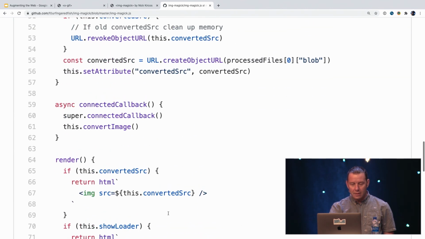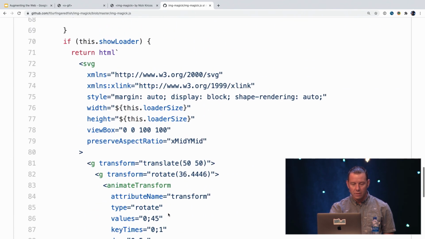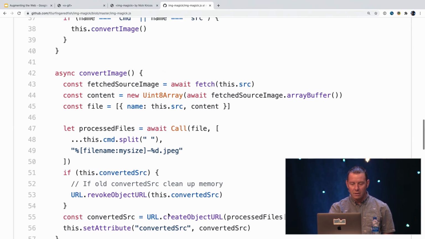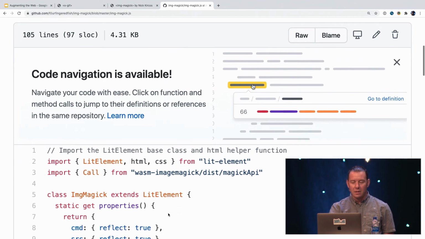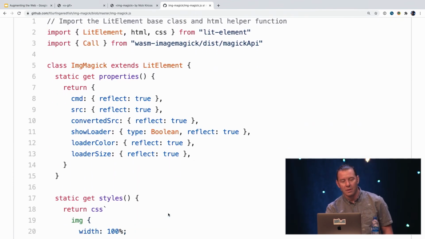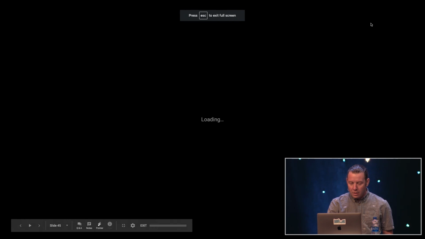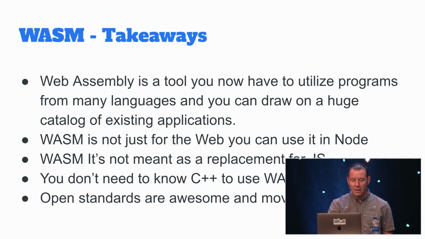And basically, that's it. It's 100 lines of code, and I don't know, over half of it is SVG. So I was able to take this 30-year-old library, surface it as an element, and everyone knows how to use elements in HTML, and just make this really simple interface. I think it demonstrates the power of web components and WebAssembly. So I guess takeaways, I'd say it's a tool that you have.